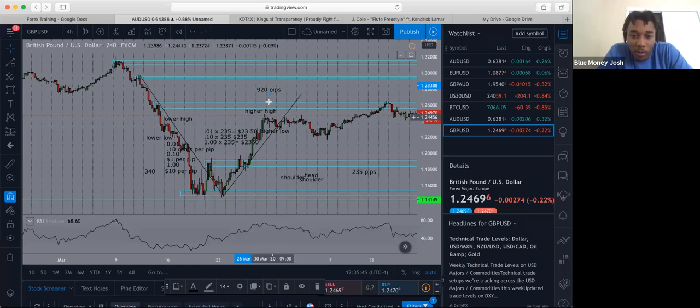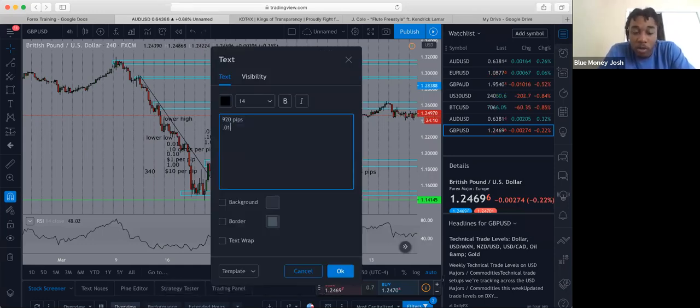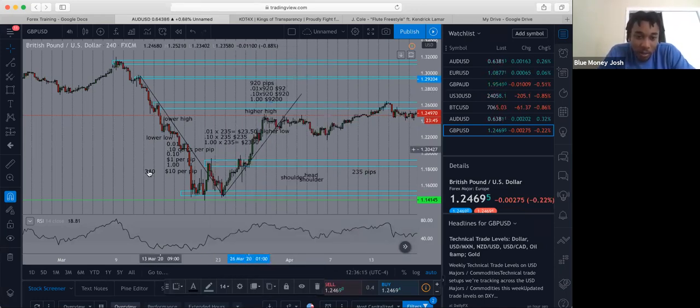And so let me break this one down for you because this payout is crazy. Even on a 0.01, the lowest lot size, you're getting $92. Easy. A 0.10, you're getting $920. A 1.0, you're getting $9,200 in an 8 day period. So now this is when it gets crazy. This is when it gets insane because